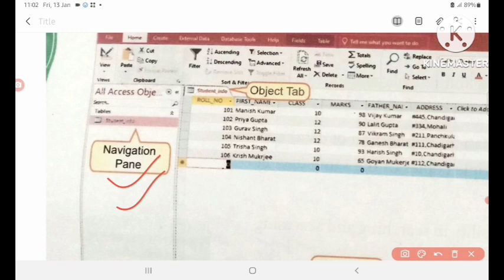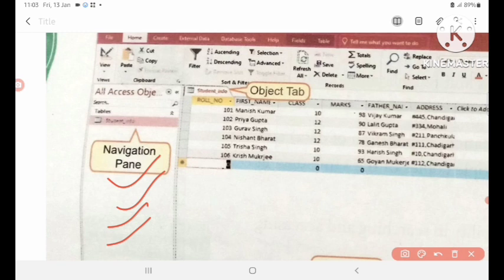After opening, you will see these objects here. So you can say this is the navigation pane. If you want to know about the database, then you will see here tables, queries, forms, reports. So this is the navigation pane.